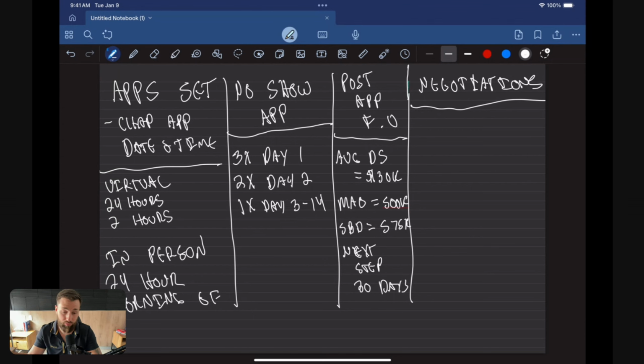Okay, so what I want filled out here is what was the seller's bottom dollar, SBD, my seller's bottom dollar. I want to know what that was. What was the objection that they gave me? Was it a price objection? Was it a partner objection? What do I need to go back to be able to overcome that, right? Might go watch some sales training, come back and be able to overcome that objection on the next call.